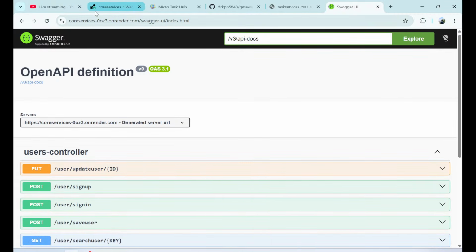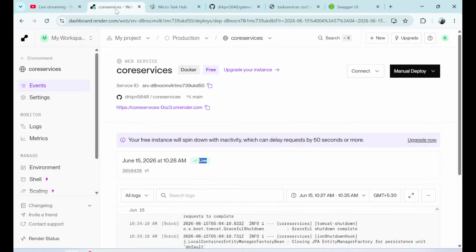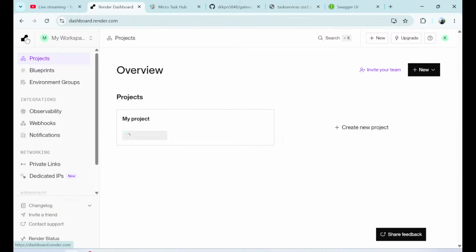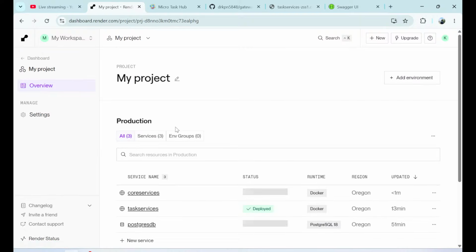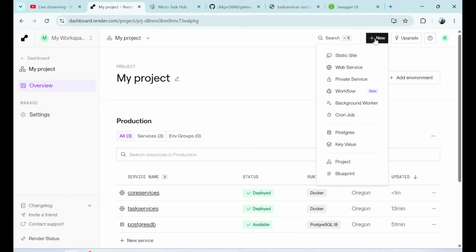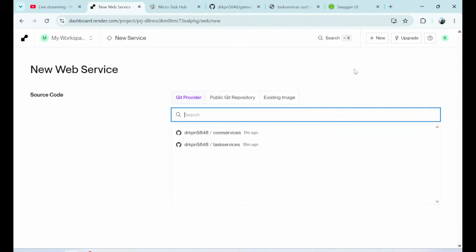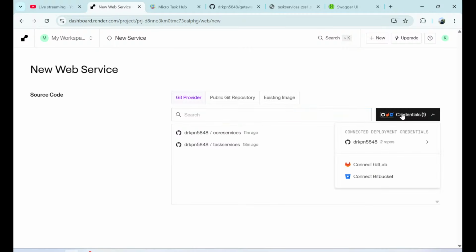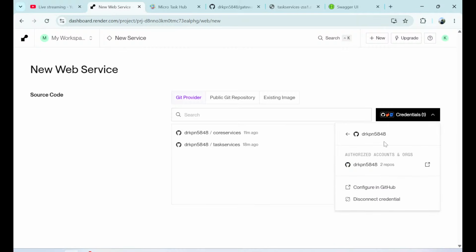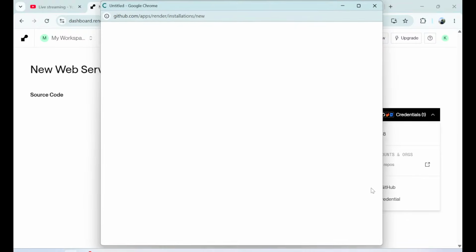Then we will focus on deploying the gateway project. We already pushed the content of gateway into the repository. So go to the render dashboard, enter into my project, go to the new button, click on the new button and choose web services, and add the repository for the gateway project. Near the search bar, there is a button, click on it and choose username, click on configure in GitHub,